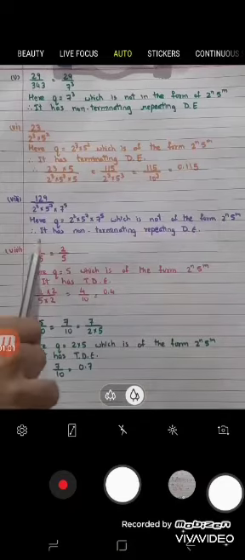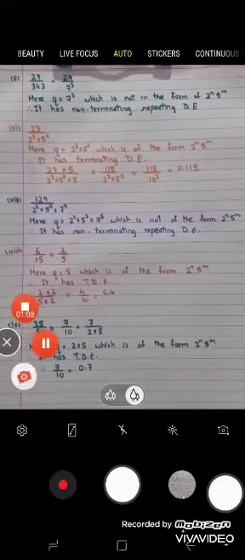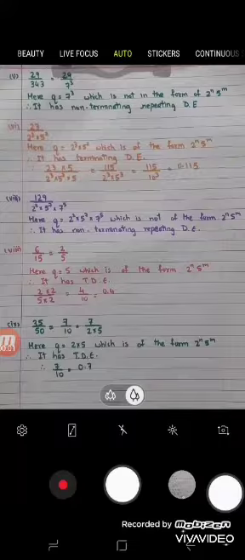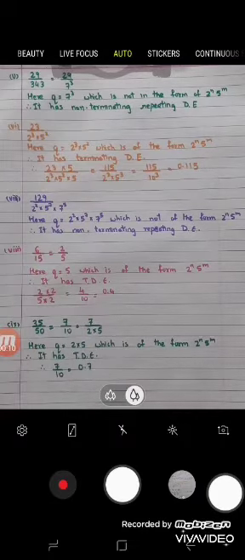Next question, 6 upon 15. After cutting, we'll get 2 upon 5. Children, you have to remember that whenever you see a question, first of all check whether cutting is possible or not. Because if you do not cut it down, then you get 5 multiplied by 3, and if 3 is there it means non-terminating decimal expansion. But if you cut, then you will get 2 upon 5, and then it will be a terminating decimal expansion. That means in a question just check whether cutting is possible or not. If cutting is possible, then cut it down.